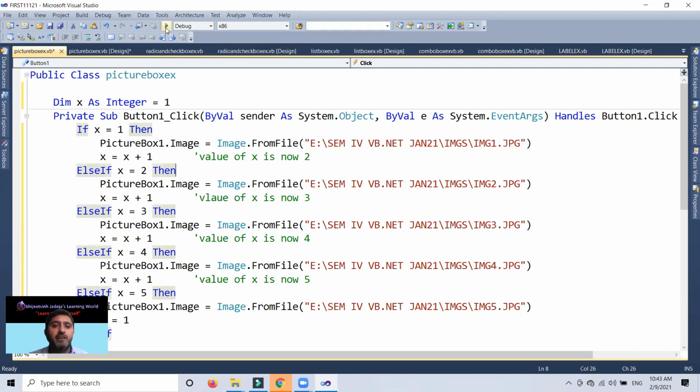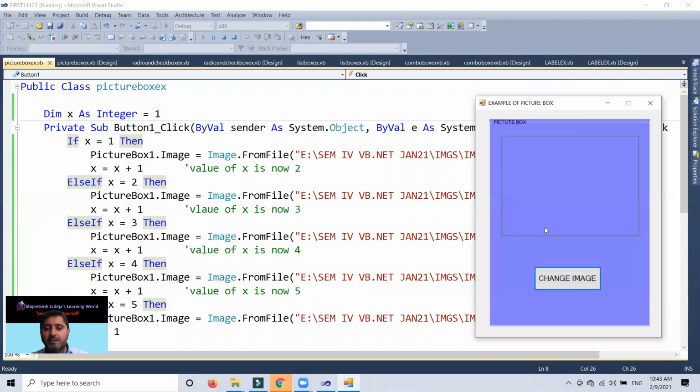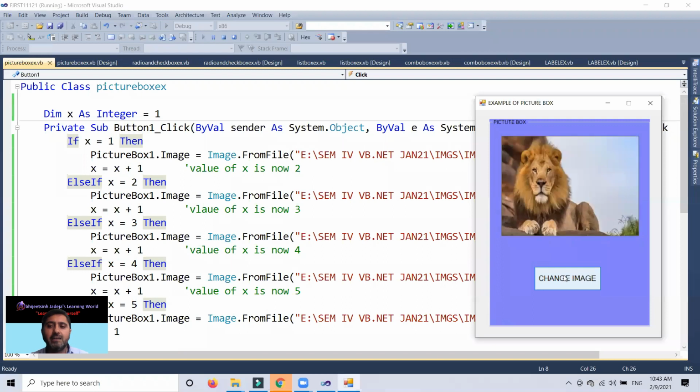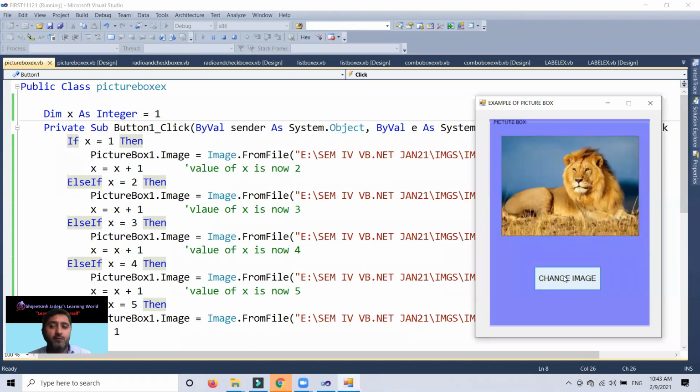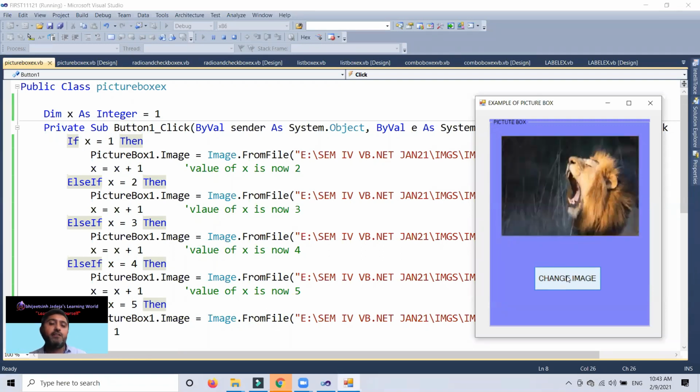looping based decision making. So I execute, I put it down aside, and you can see first click image 1, second click image 2, third click image 3 loads, fourth image 4 loads, and now when I click the fifth time, image 5 loads, and when I click again, my image 1 will repeat. So this is a very nice program.